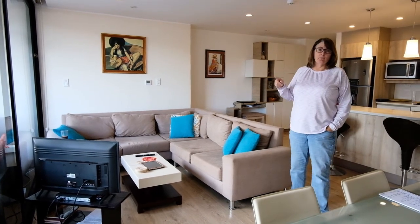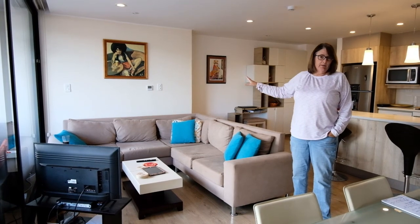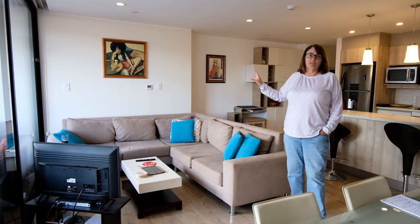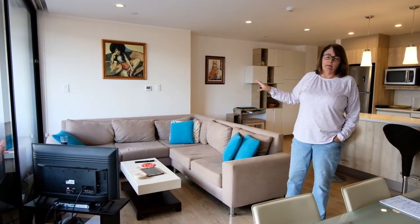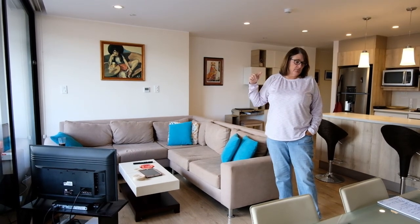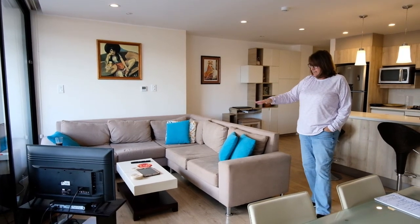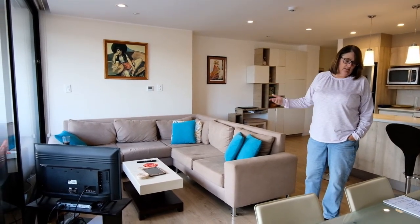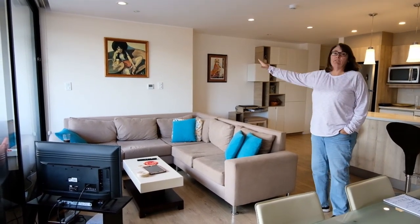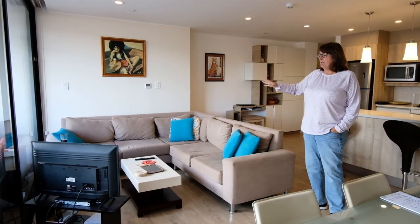But what I would actually do is pay and buy a bigger TV for that area, and I budgeted about $700 for that. I think electronics here in Ecuador are significantly higher than what we pay in the United States, and I would move that TV into the master bedroom. Something else, I'm not a fan of this coffee table and end table, so I would replace those, and I budgeted about $250 to do that. So for about $950, and this is the bulk of the money in this Airbnb,